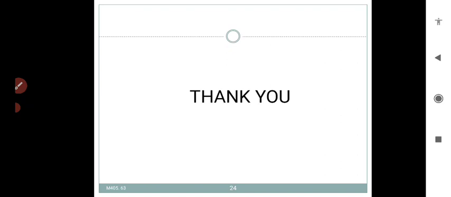The summary of this class: today we discussed the construction and working of the double acting reciprocating pump, work done, power required to drive the pump, and indicator diagram, ideal indicator diagram. So these topics are very important.